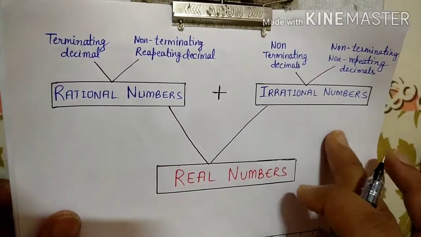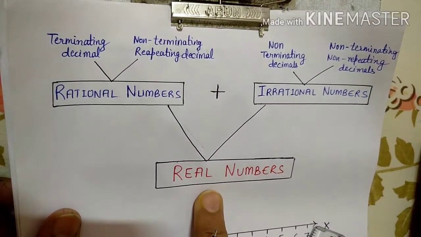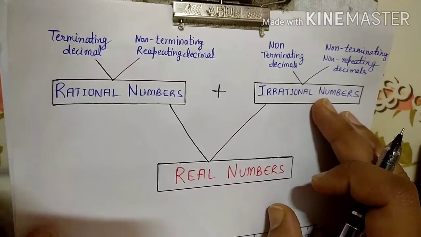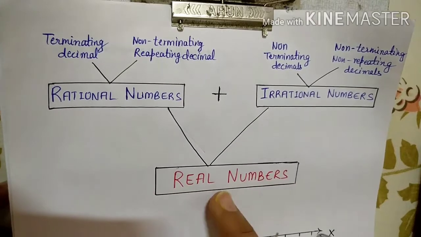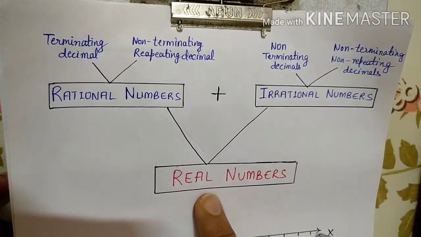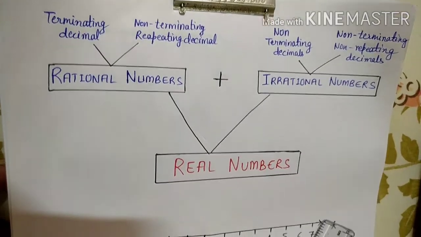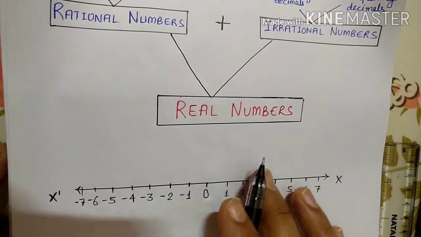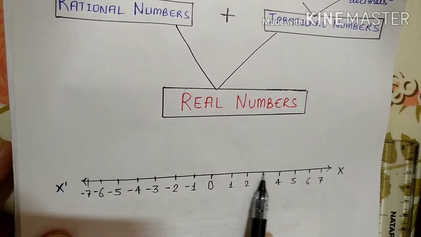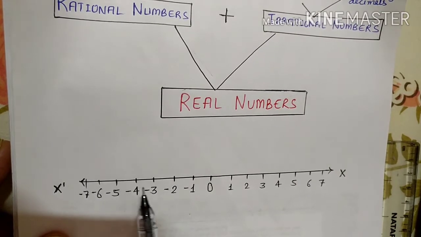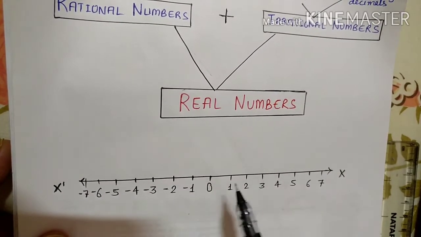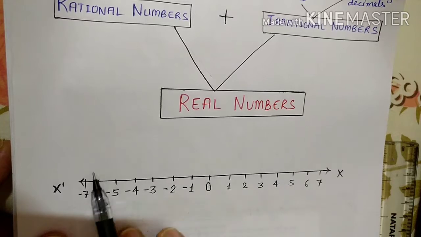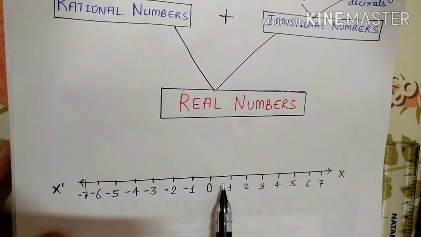So all rational numbers and irrational numbers come under real numbers. So a real number can be expressed as a rational number, and a real number can be expressed as an irrational number also. All whole numbers can also be called real numbers. All natural numbers also can be called real numbers. All integers can also be called real numbers. And we can say in easy language that real numbers are those numbers which can be expressed on a number line. We can locate rational numbers on this number line, and we can locate irrational numbers also on the number line, as we have just learned. So we can say all the numbers which can be located on the number line are called real numbers.